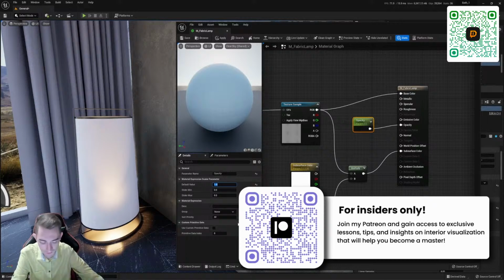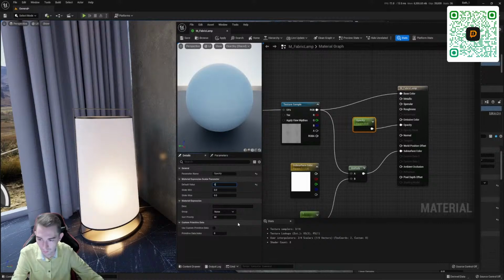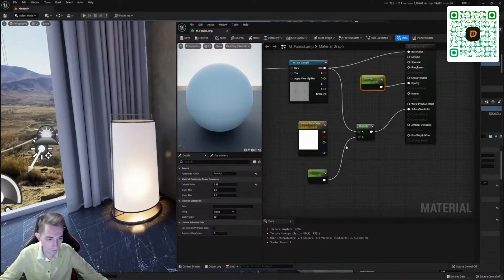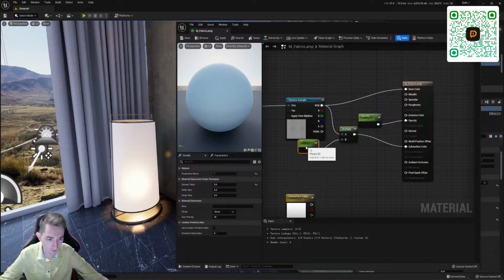Not very pretty. God forbid we can make a more plausible fabric so that it no longer looks like this. We set the value 0.4, 0.5 somewhere and create such a translucent effect of the fabric. Great. Next. Here I have this fabric connected not directly, but through a parameter, that is, through a multiply,